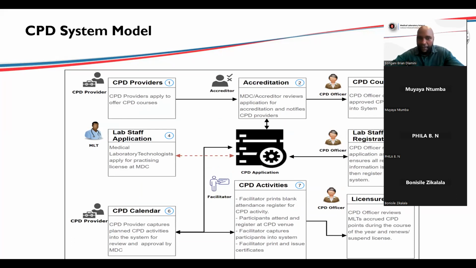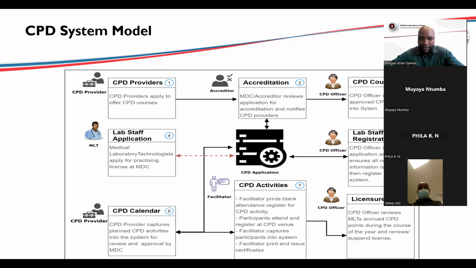And then the AMLAC and the EMDC accredit these CPD providers. Then they're supposed to present CPD courses, just like we're having today's session. The CPD provider of today's session is EHLS, and the CPD course is quality assurance and quality control in the analytic phase. So as lab staff, we should participate in